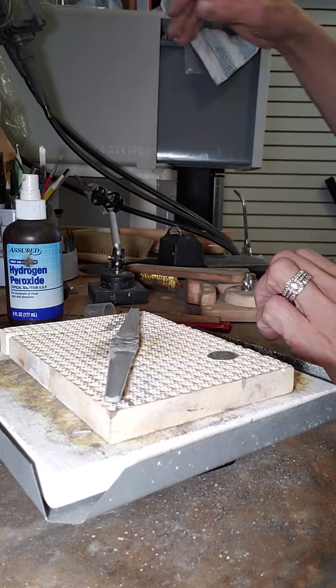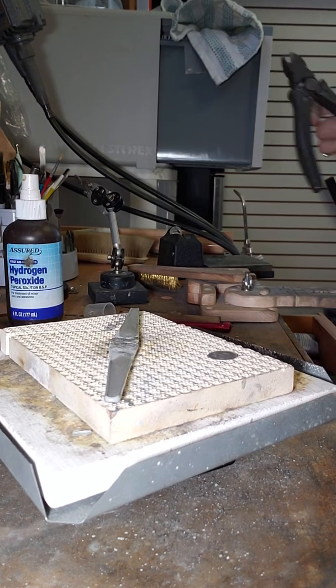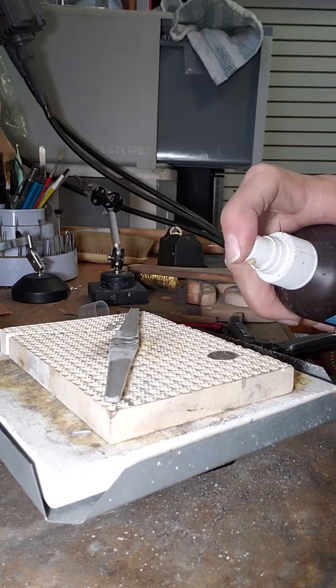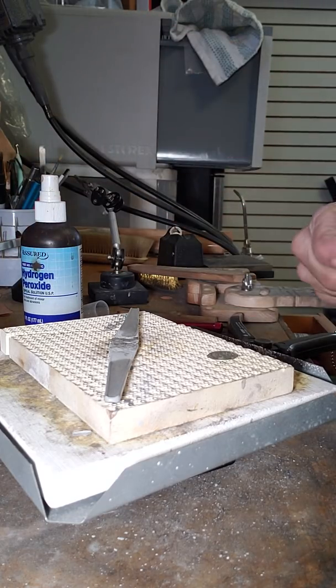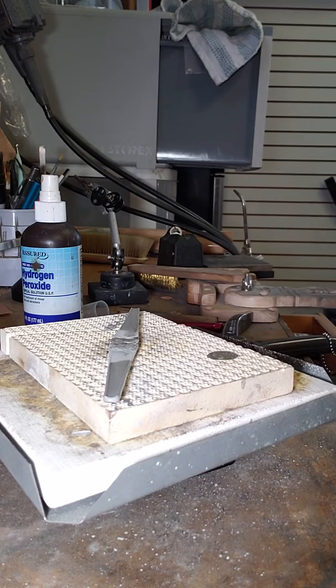So we're going to be using easy solder. And the reason for that is when you do subsequent solderings, you need to go down in levels of solder so you don't accidentally damage or break the seam you've just worked on. So I'm going to cut myself a couple of pieces of easy solder, get those ready,